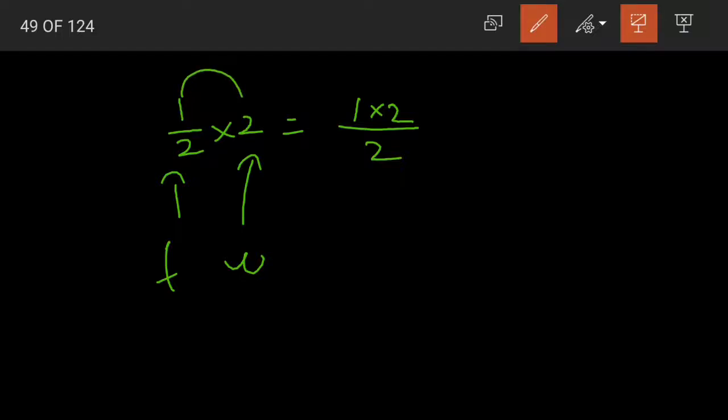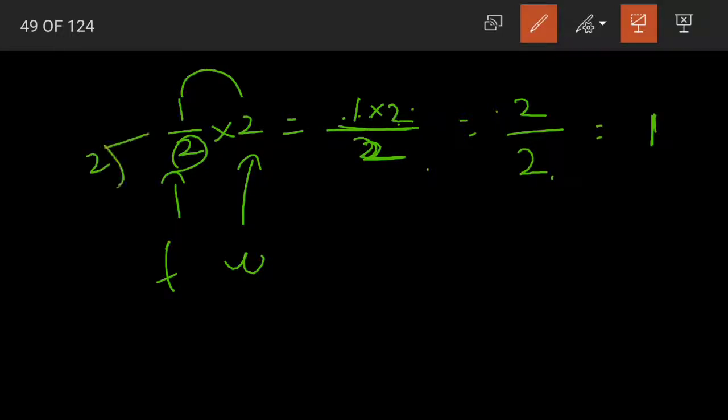Okay, see, 1 into 2. 1 into 2 whole divided by the denominator will be written. 1 into 2, 2 divided by 2. 2 divided by 2 is nothing but 1, yes? 2 ones are 2. When we subtract, 0 is remainder. Understood, children? 1 by 2 of 2 is nothing but 2 by 2, that is equal to 1.